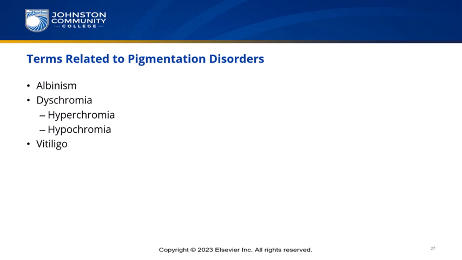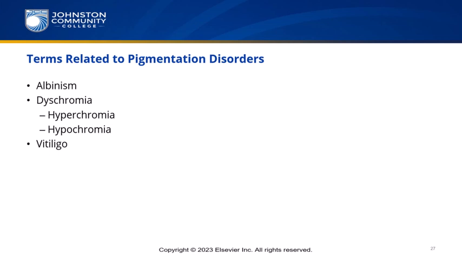Terms related to pigmentation disorders. Albinism is a condition of a lack of pigmentation in the skin. Albino is our combining form for white. Melanin is a form of protection for the skin as well as the iris of the eyes. This is a particular reason why it's important for people with albinism to protect their skin, since those cells do